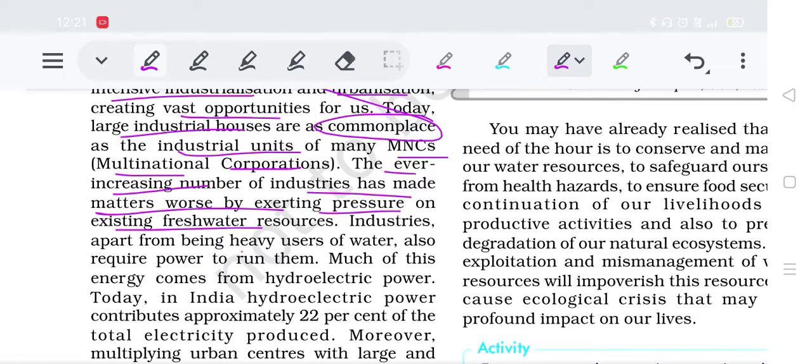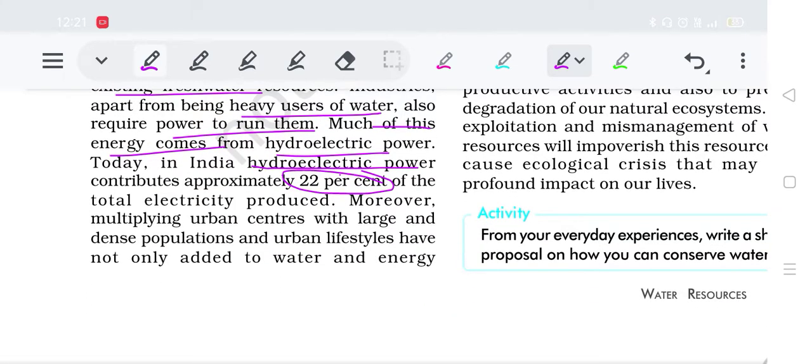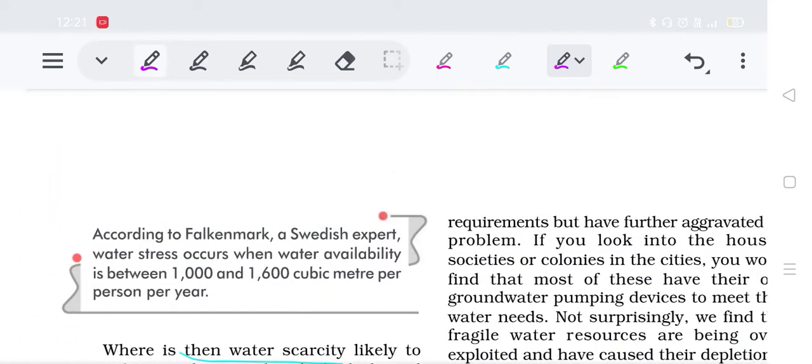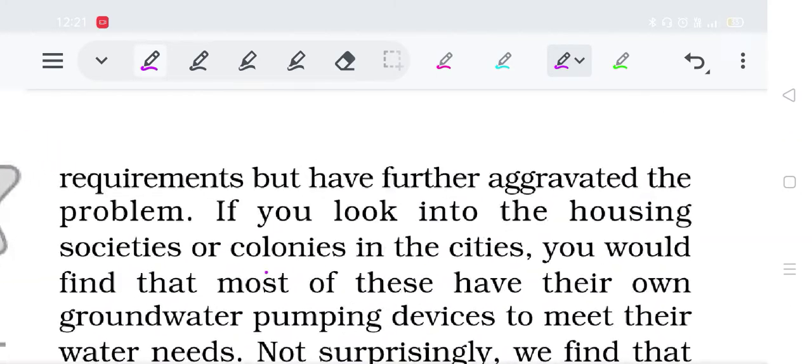Industries, apart from being heavy users of water, require power to run them. Much of the energy comes from hydroelectrical power. In India, hydroelectric power contributes about 22% of the total electricity produced. Moreover, multiplying urban areas, urban centers with large and dense populations, and urban lifestyle have not only added water and energy requirements but have further